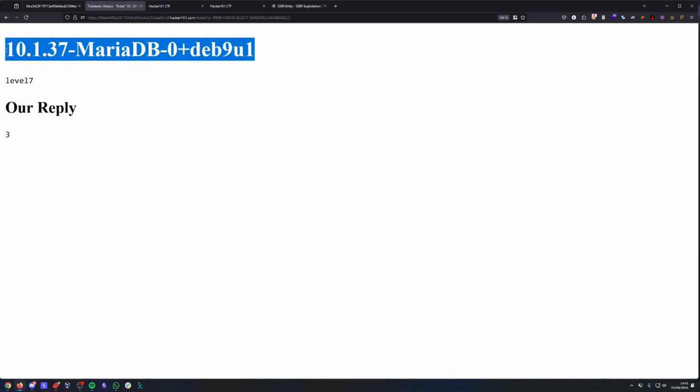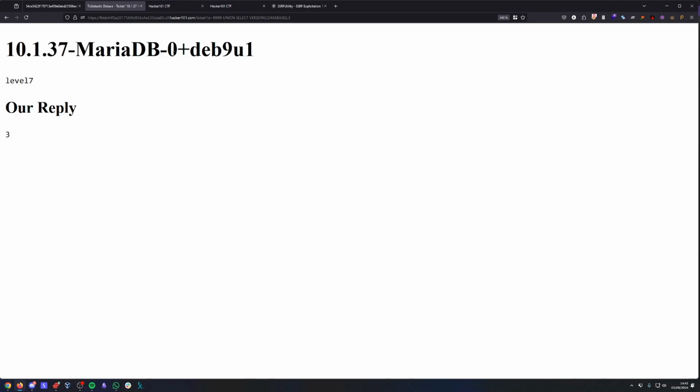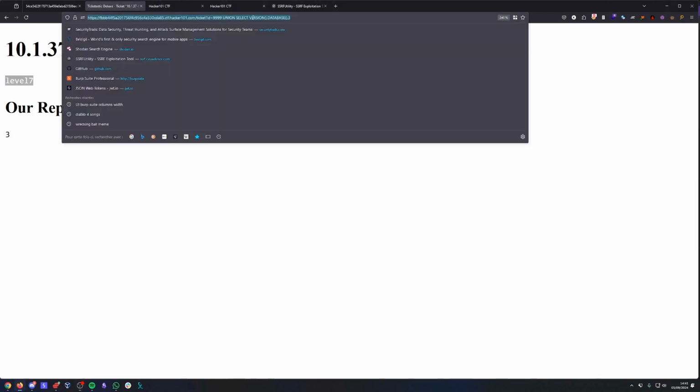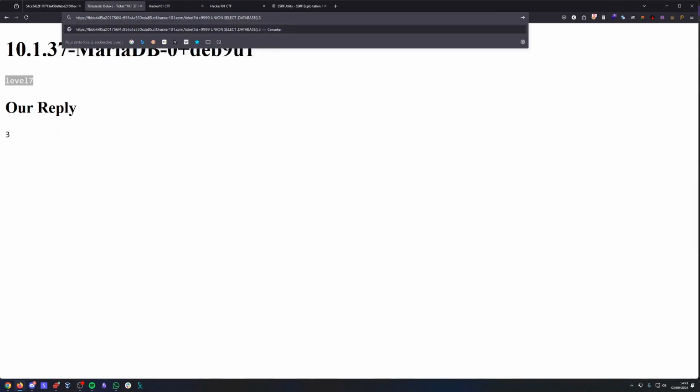So the banner is MariaDB, so we are in front of a MySQL, and the database is called level 7. Okay, so that means anything table related needs to be querying information schema tables. So let's first see what the different tables available are. For that, we'll do group_concat because this way we have everything in one field and we don't need multiple queries. We want the table name from information_schema.tables,